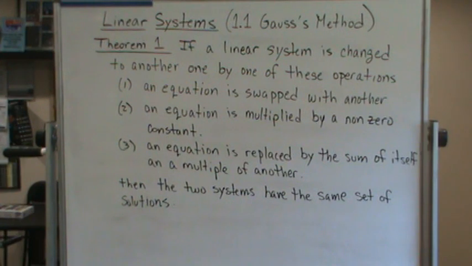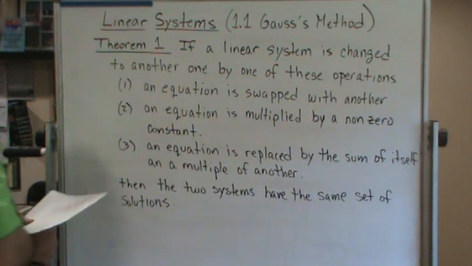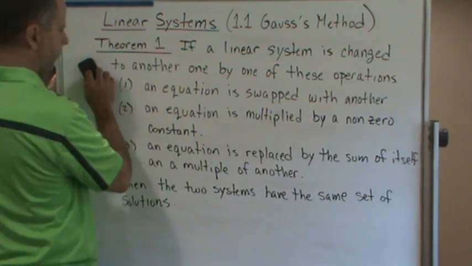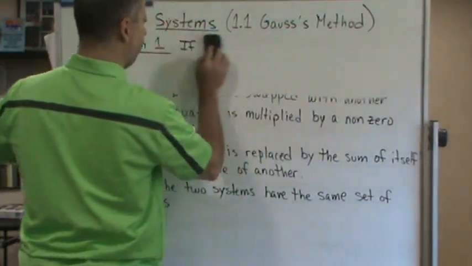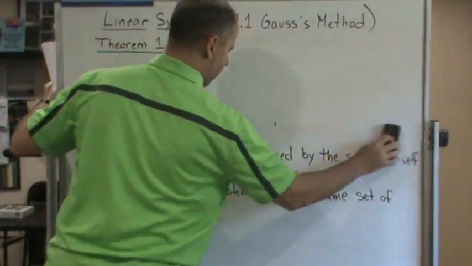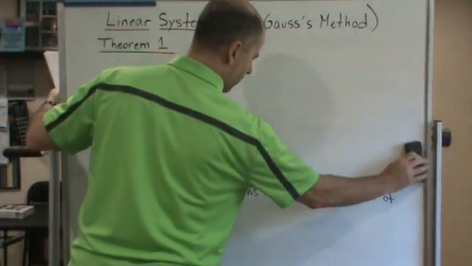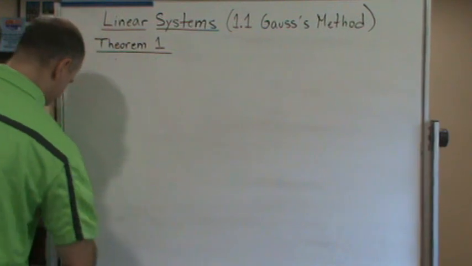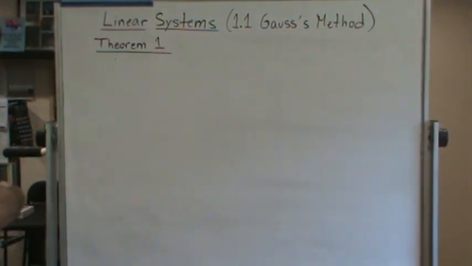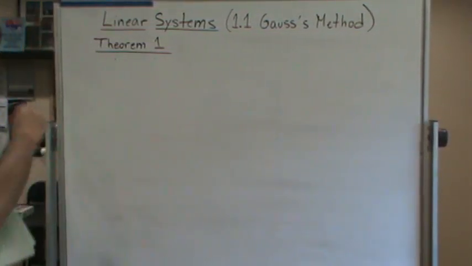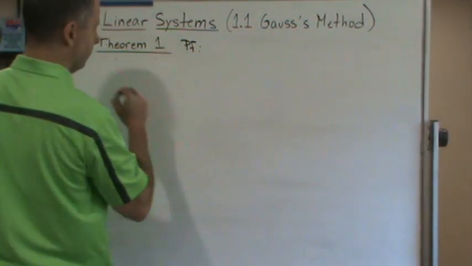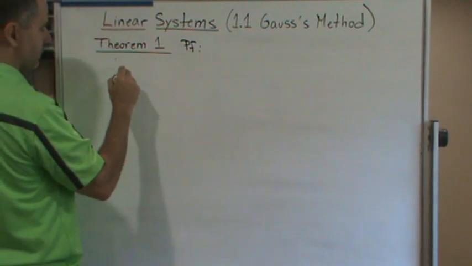Okay, now let's think about this. Let's do a proof of the first one. If I have a system of equations, I'm only going to do the proof of the first one. The other two are similar. So if I have a system of equations,